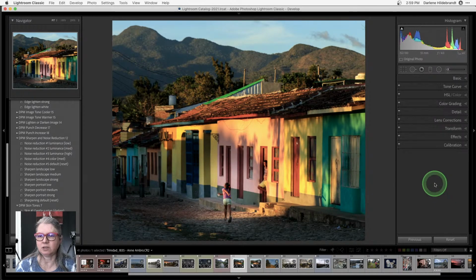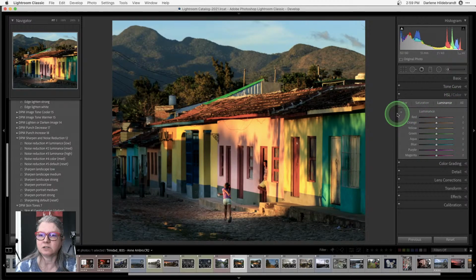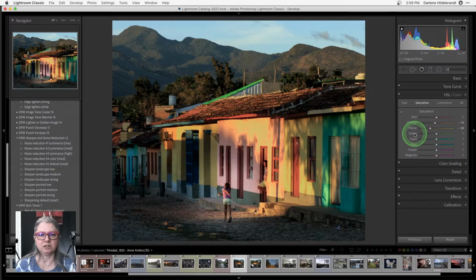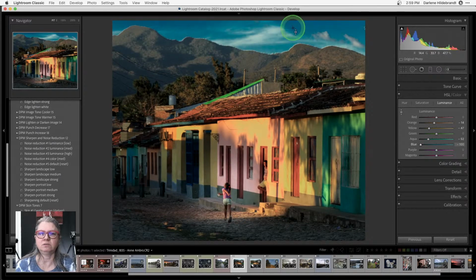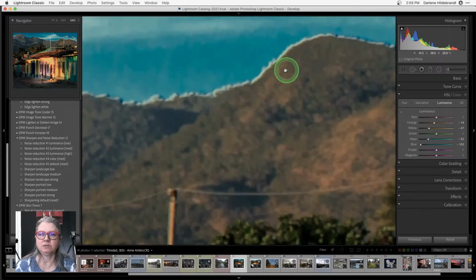Okay, we could play with the same thing in the HSL panel, right? Luminance, target adjustment tool, and then just darken this area. Okay, so be careful when you're doing that. You'll notice that it also saturated it. Okay, so that's yellow. So I'm going to just lower the saturation on that. Something like that. Because what's happening is the eye is going to the house, the really bright colors, and not to the girls. Right? So if I do the same with the sky, okay, I'm going to create a halo on purpose just to show you what happens. Okay, so that's really obvious, but can you see what's happening here?